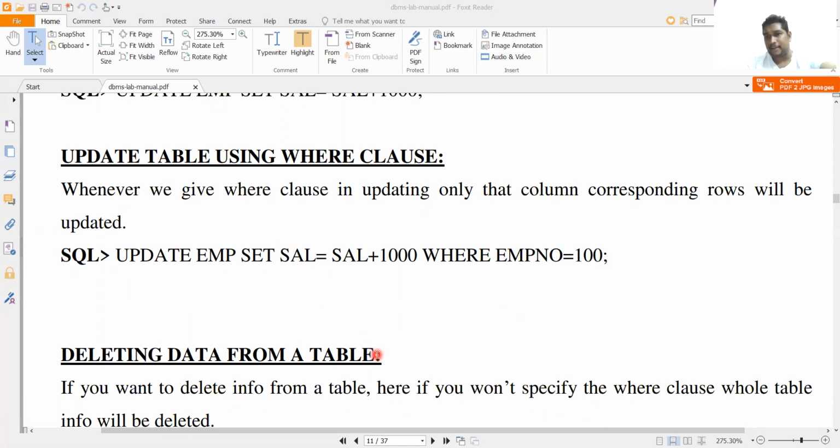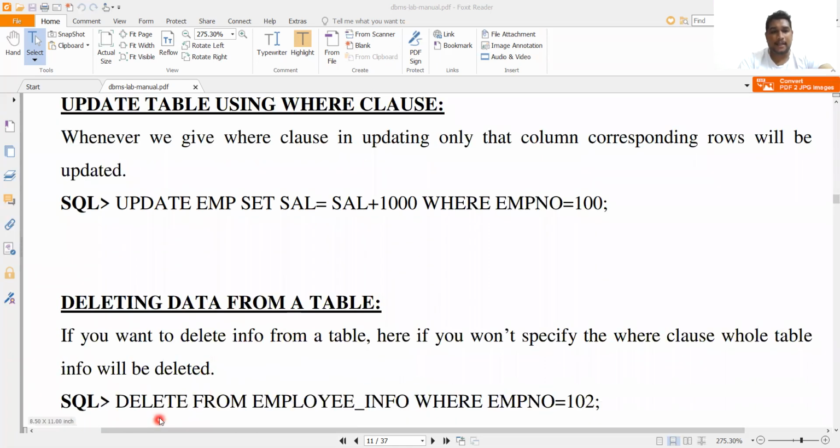We already discussed that the where condition is used to retrieve, delete or insert a particular record. But if you are not giving any where condition, automatically there will be loss of data in your relation instead of only the particular data. Delete from table name where, this is the exact table name. We are already using employee, here also employee. Delete from table name where employee number equal to 1 or 2, so that one row is deleted.